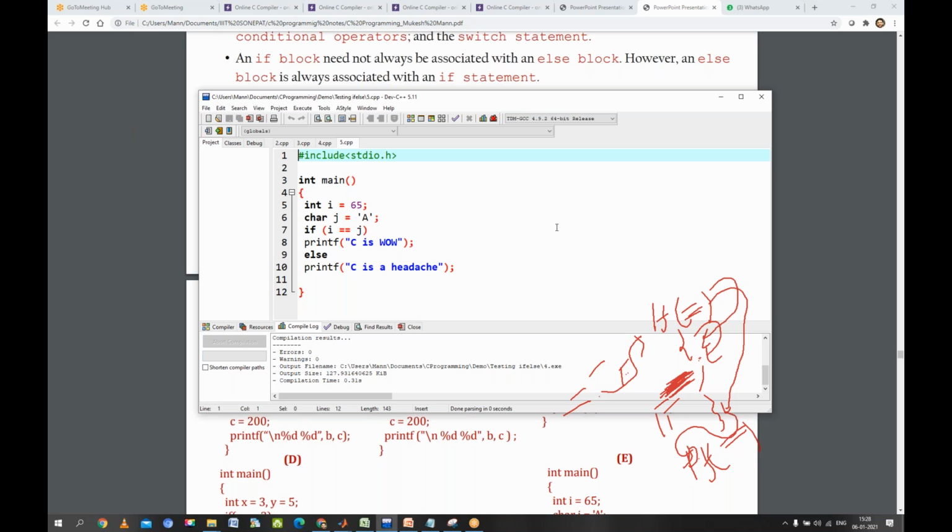Siddharth, yes beta, what is your answer? Sir, not an answer, sir, I had a doubt. Sir, the answer will be C is a headache. He had a headache.